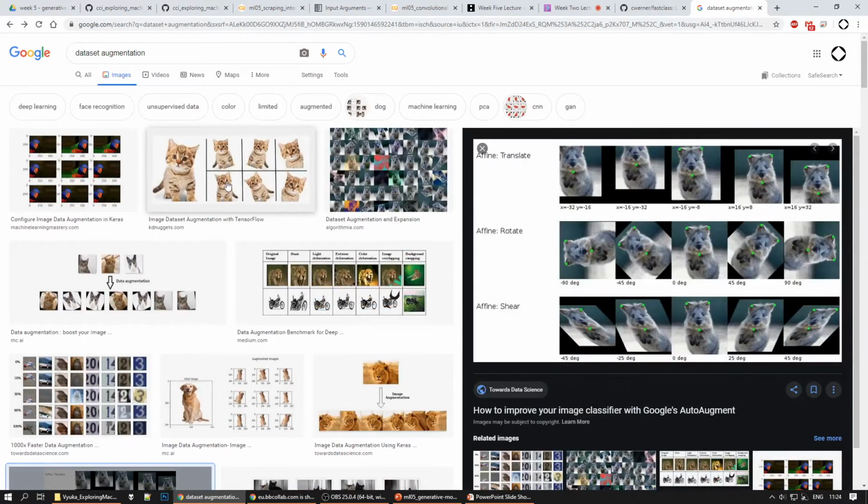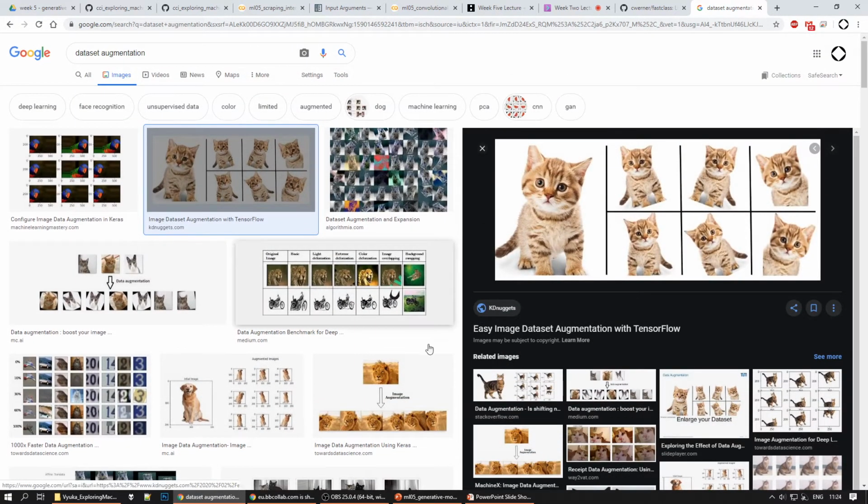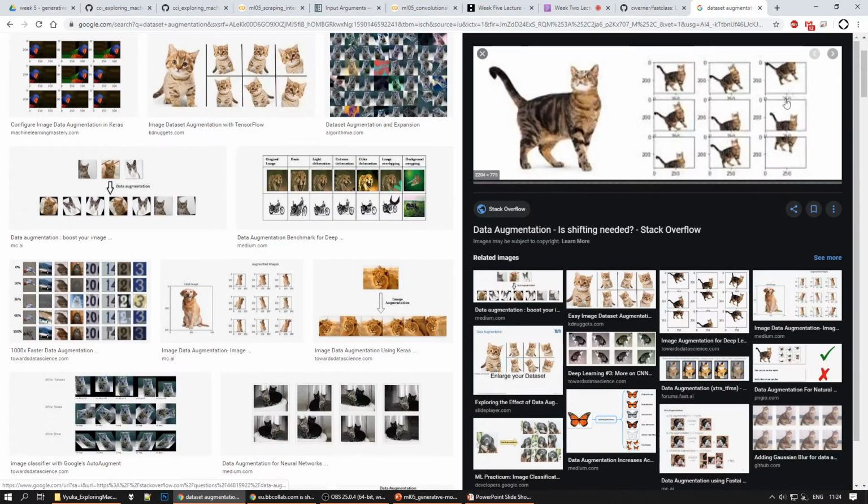The reason why people augment their datasets is because this will blow up the amount of data in your dataset, and the training will get roughly better. You're sort of adding some fake images to it. There may come some problems from this, because maybe you will start generating cats which are not the type of cats you wanted. You might start generating just some parts of them. So you sort of have to